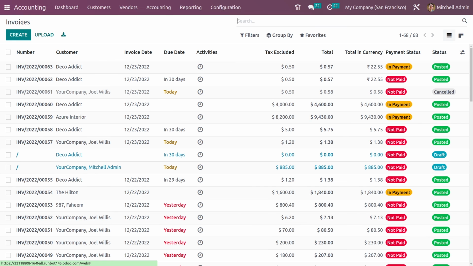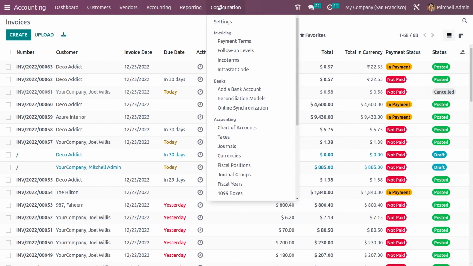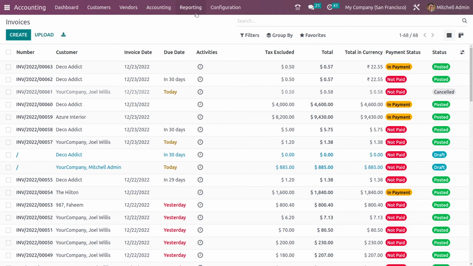And if you go to the invoice list view, you can see the total in currency that is specified in rupees. The total is specified in the company currency, and the tax excluded is also specified in the company currency. And now if you go to the reporting section,